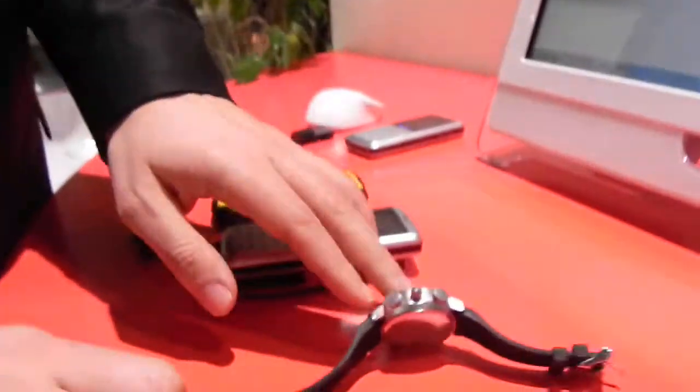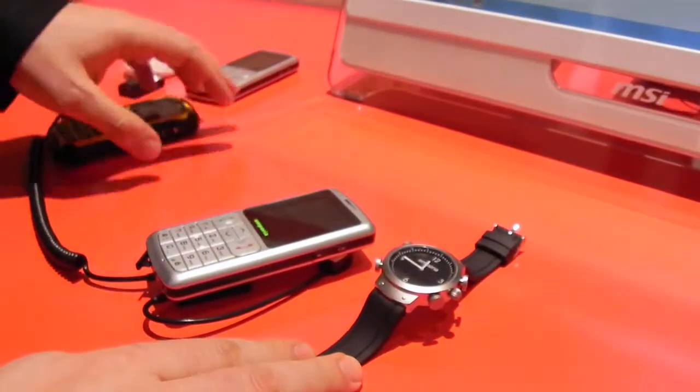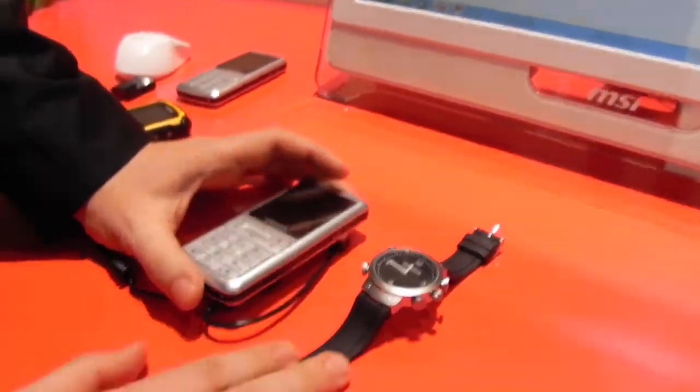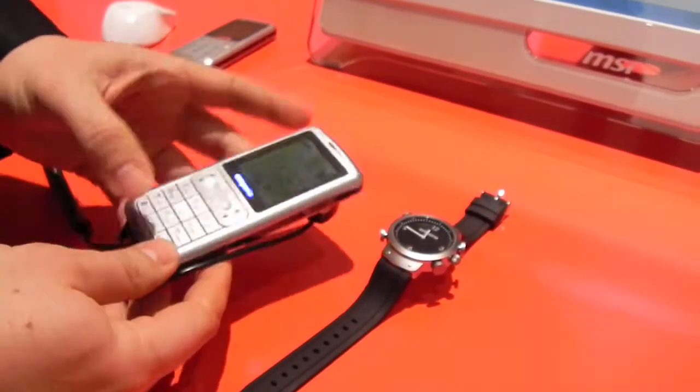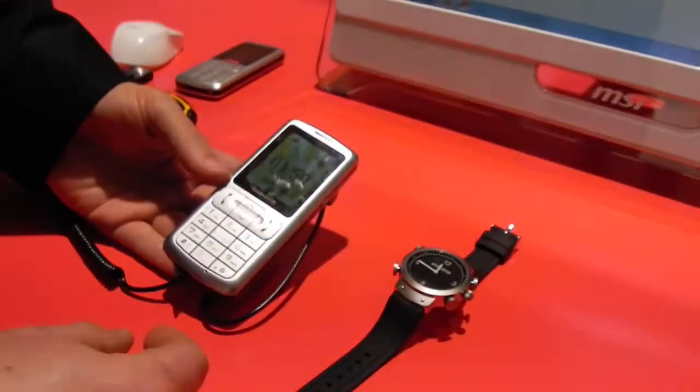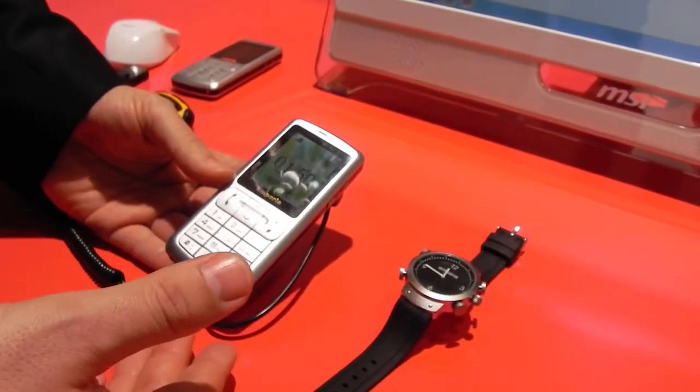Totally from Emporia. Here we are at Barcelona and we make this video for Mobilissimo.ro and gsmdom.com about the new Emporia gadgets. We have two things which are really worth mentioning. One is a pair: a GSM phone and a watch together. What you should know about this is that this phone is made for making normal calls, of course, and emergency